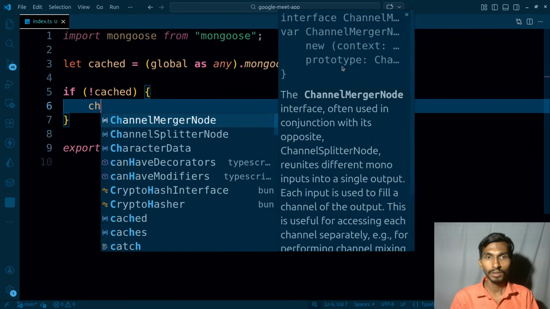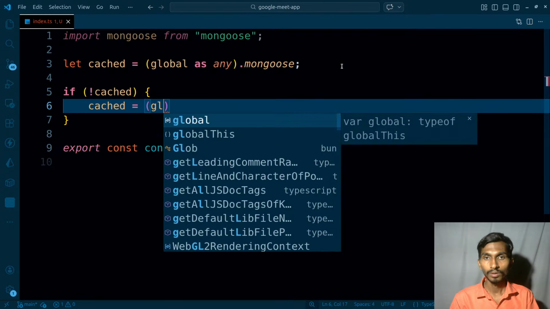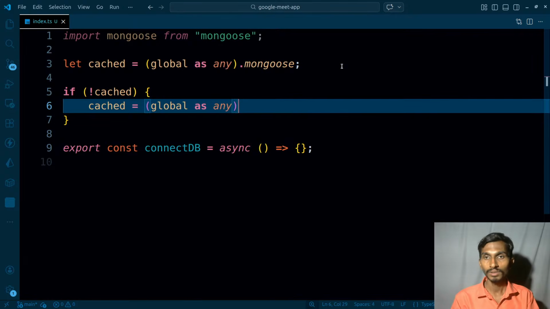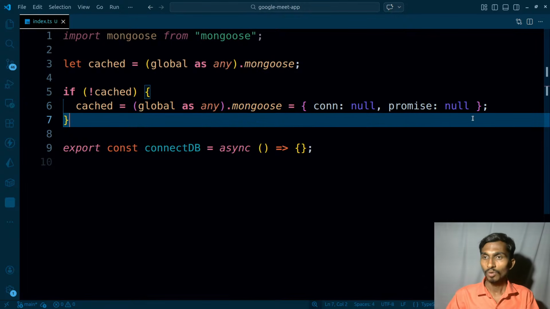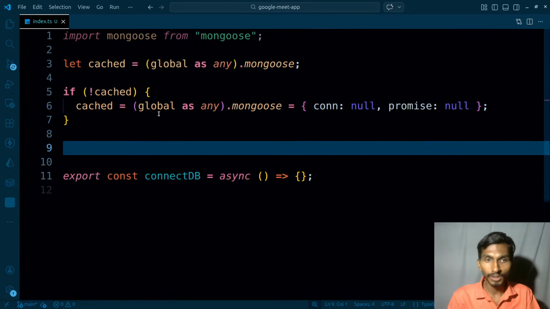And apart from this particular thing, what is the next thing, if I don't have cached, in that case cached is gonna be equals to global as any dot mongoose, that's gonna be equals to connection, that's gonna be null, and promise, that's gonna be null as well. So both the things are going to be null. Okay, what is the next thing that I know? I'm not sure whether I'm writing everything correct or not, so I will correct it. And once this is done, after that